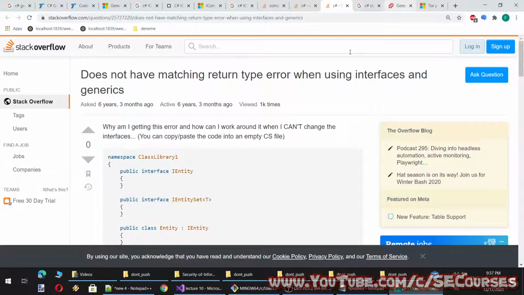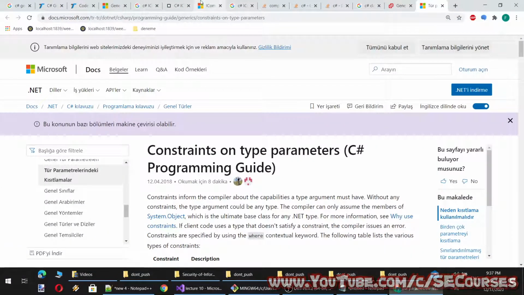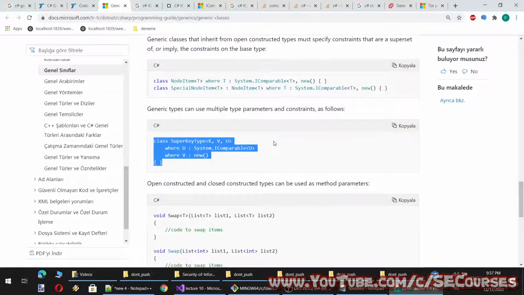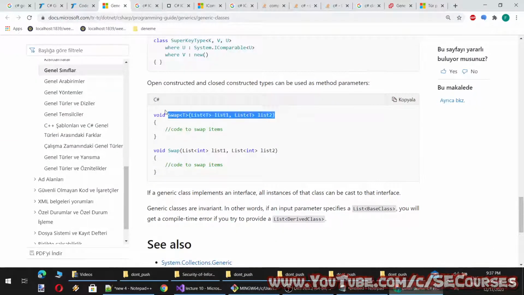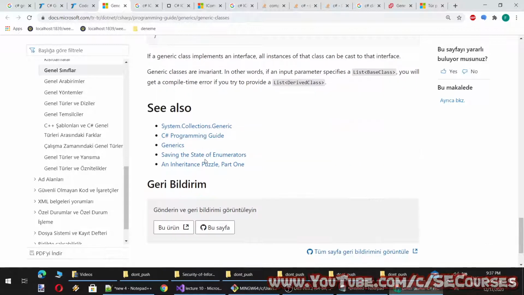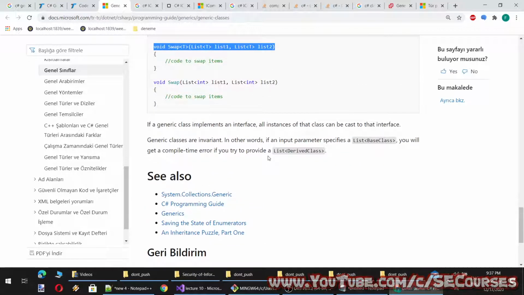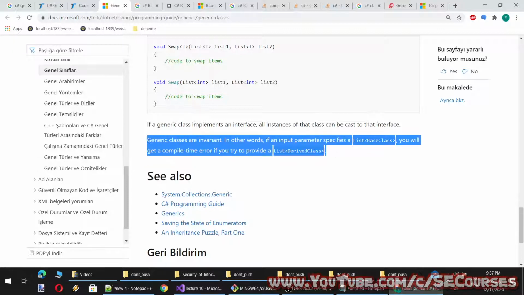All right. And okay, this is also important. Let's read it. Generic classes are invariant.